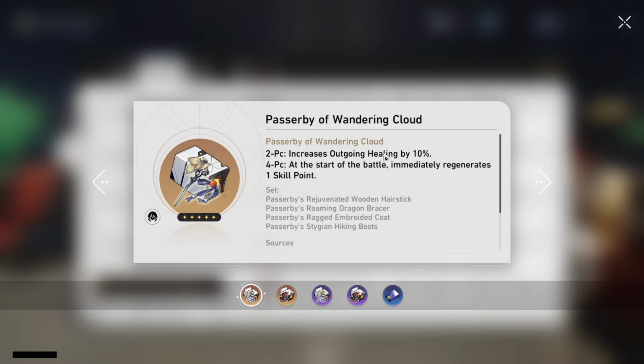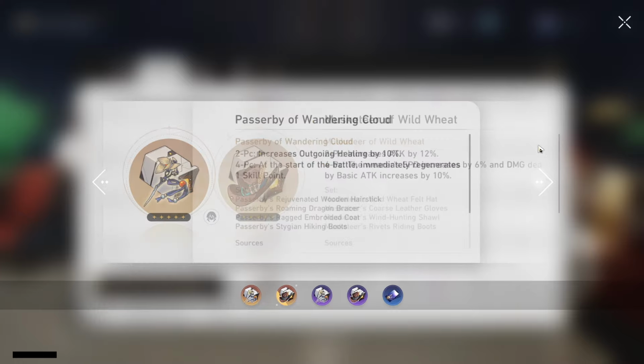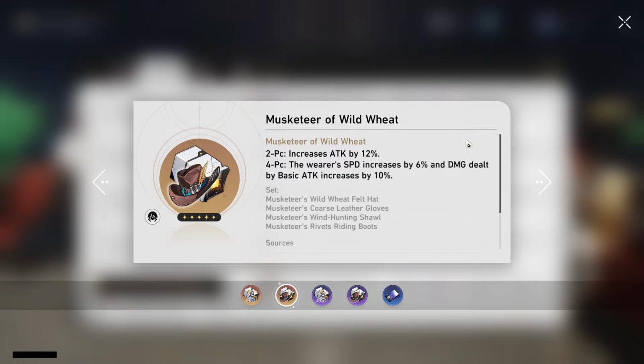So usually the way that people do use the set on their healers is with the 2-piece, combining it with one of the speed sets for the extra speed, because usually healers want to be fast. But usually the 4-piece isn't really used anymore, so it's really not something you should go out of your way to farm. And then when it comes to Musketeer itself, the only real people that can actually use the 4-piece fully